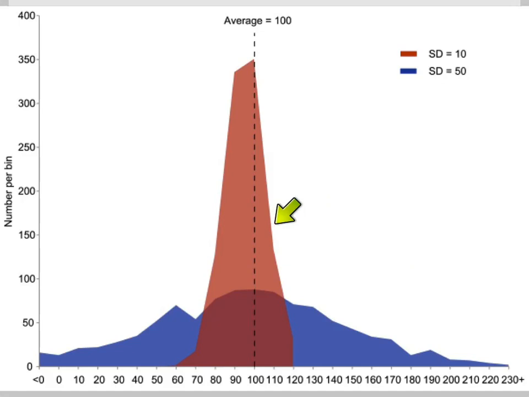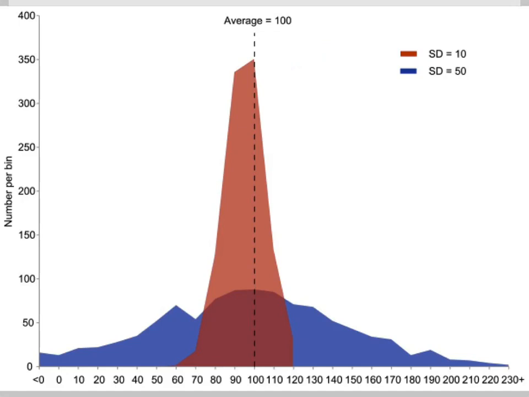The red team, right? Because it doesn't matter who's injured, who's playing, because they score more points consistently. And so when we find the standard deviation of these two teams' scores, for this graph, the red is 10, and the blue is 50. So if you have a smaller standard deviation score, are you consistent or are you not consistent? You're consistent. So the smaller the standard deviation, in this case the red has a smaller standard deviation, the more consistent the scores are.